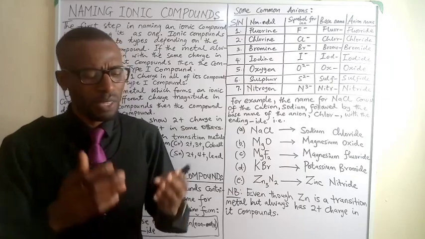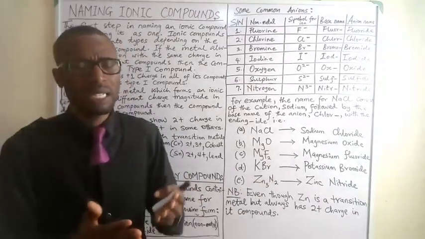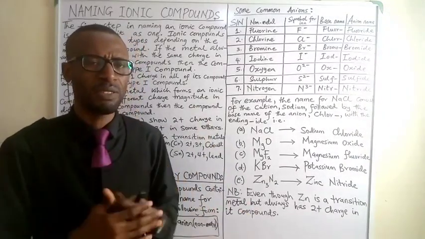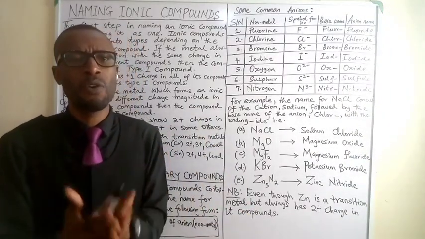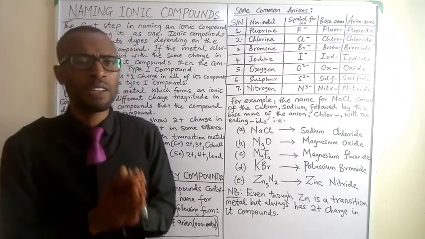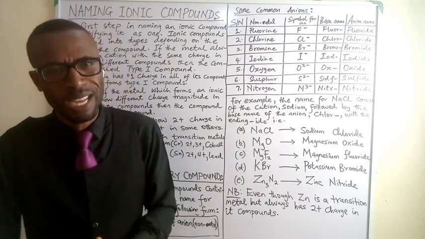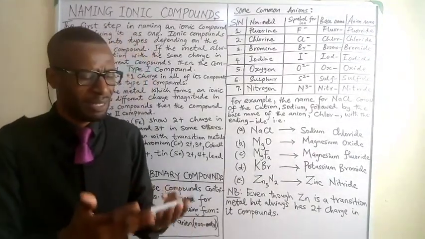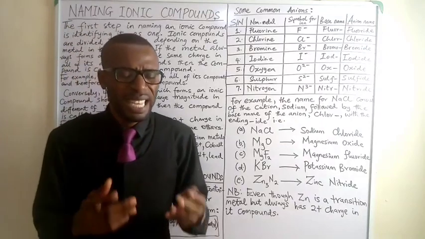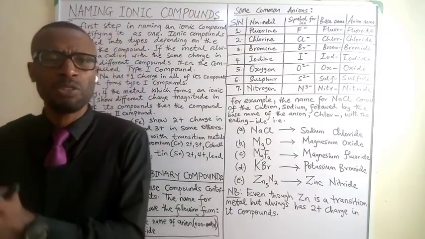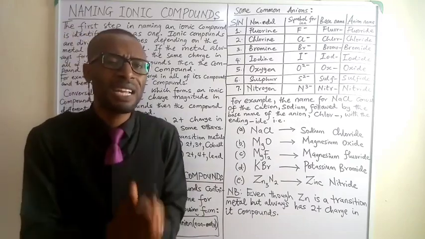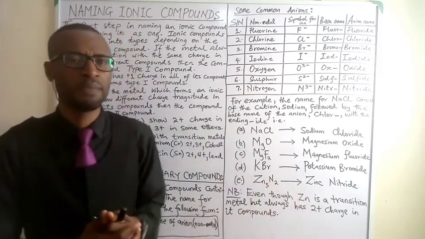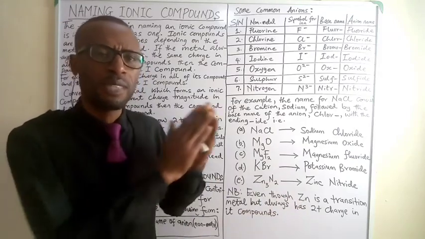But for today, it is important for you to note that these metals from group 3 down to group 12, known as transition metals, sometimes also form ionic compounds. And the type of ionic compound they form is known as type 2 ionic compound. Another interesting thing about these transition metals or transition elements is that they show what we call variable oxidation states. So they have different charges and charge magnitudes in the different ionic compounds that they form or make. That is what differentiates them from type 1.